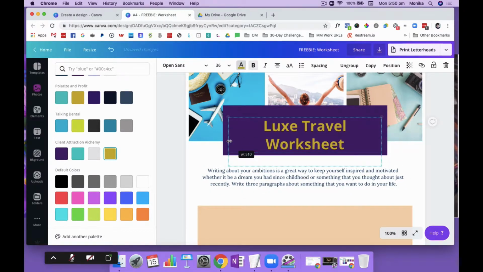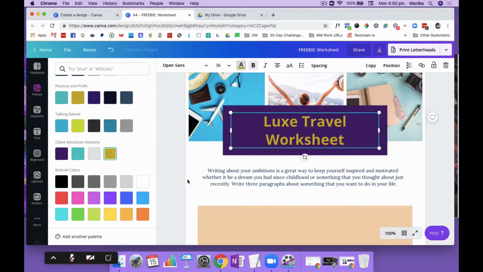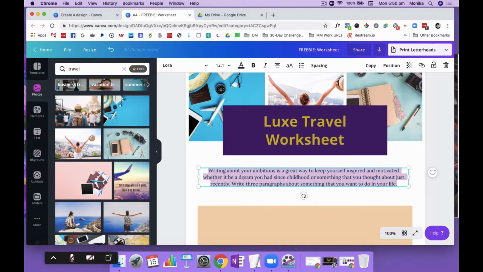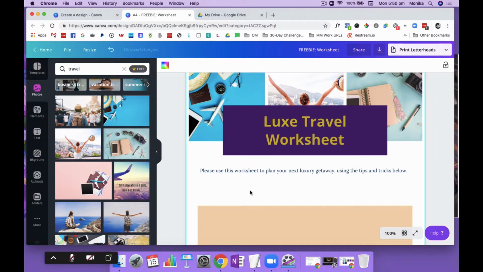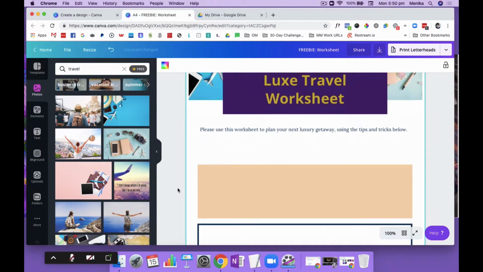I actually want to bring these in, and I want to bring this bottom. I want to delete this bottom bit here, and then just that's it. Okay. So now here, please use this worksheet to plan your next luxury getaway using the tips and tricks below. Okay, so that's just a little blurb that basically tells them about the benefit of your worksheet, and then